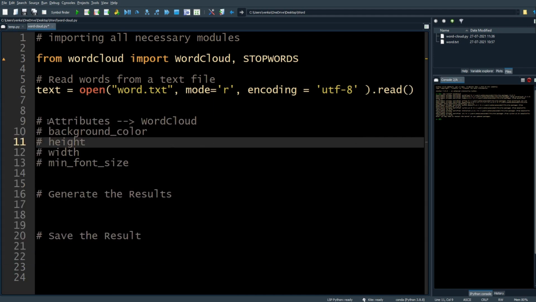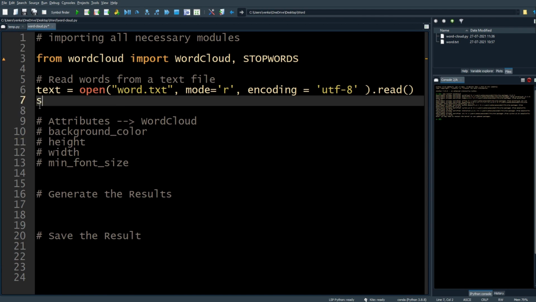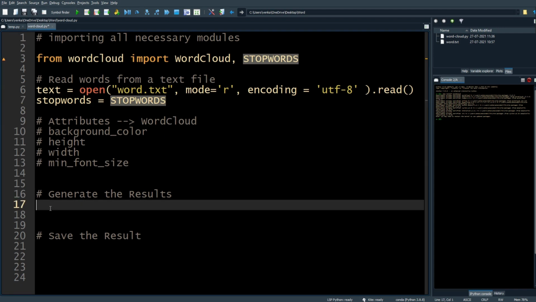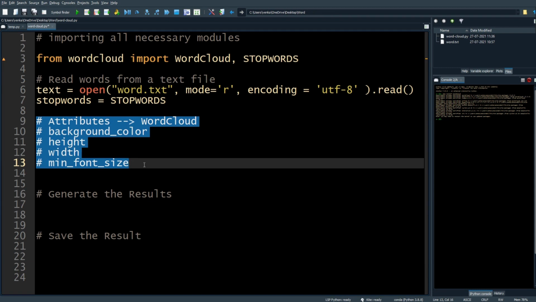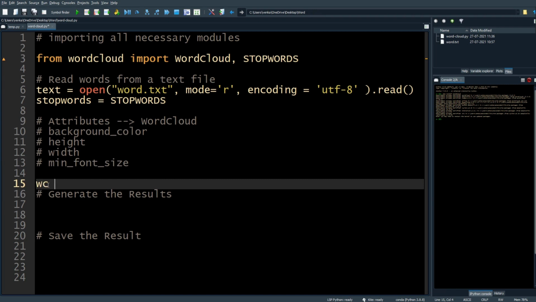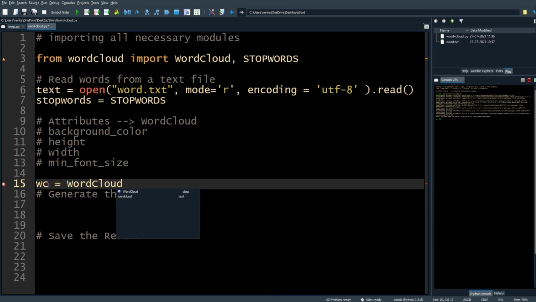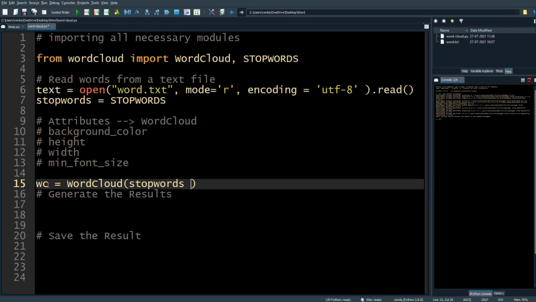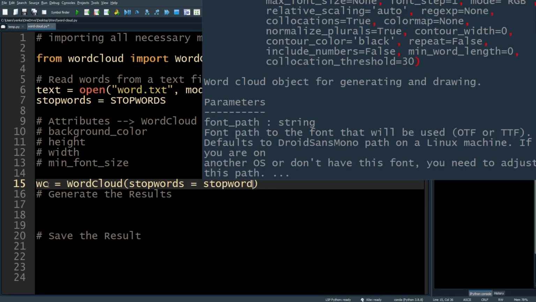At the same time, we are going to extract the stop words. We have to mention the stop words in the stop words variable, and after declaring, these are the attributes that we can apply in building our word cloud. Let me store it in a variable, wc equal to WordCloud of stopwords, which I stored in the stop words variable,